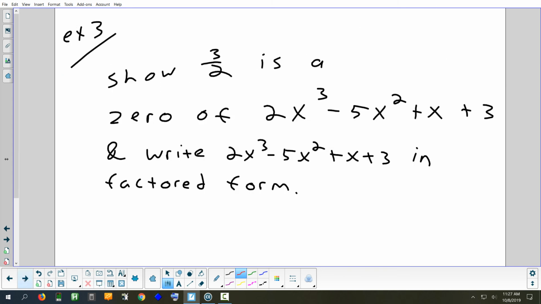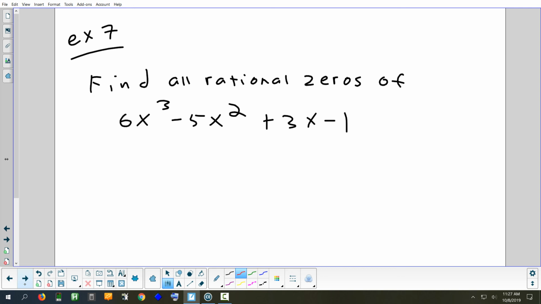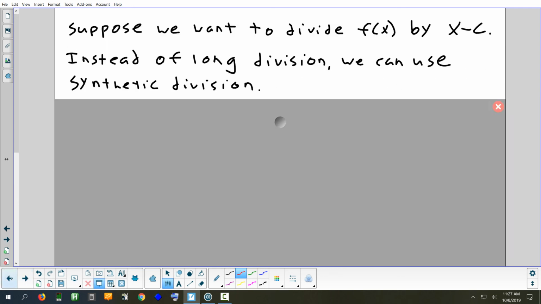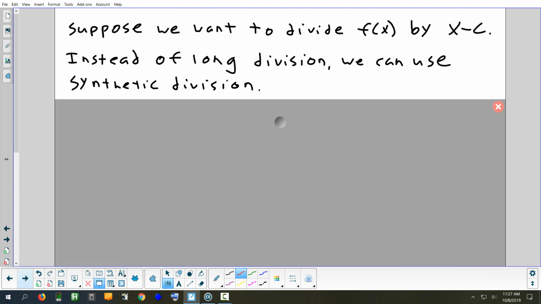All right, so I think we're going to find more rational zeros later. Okay, so we'll do another one of those, but we're gonna combine that with doing synthetic division. So synthetic division is a quick way to divide if you are dividing by something that's x minus a number. That's it. If you're dividing by x squared or x cubed or something more complicated, you got to go back to long division. But if you're dividing by something simple,